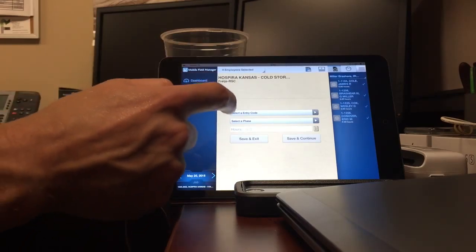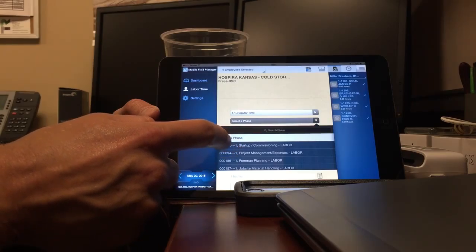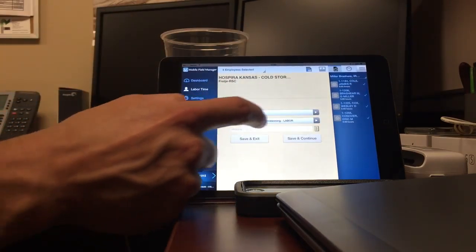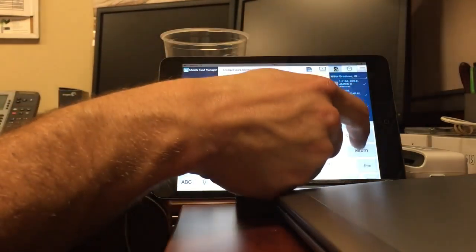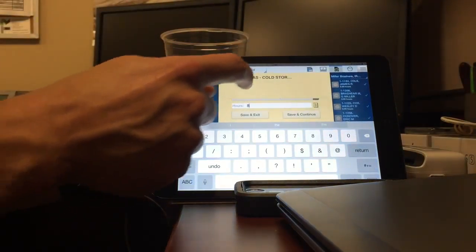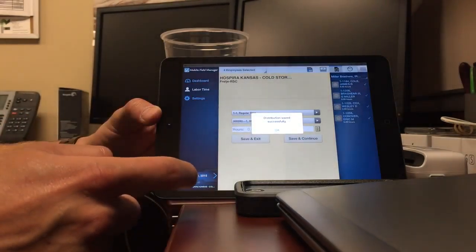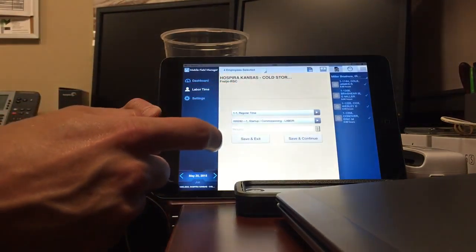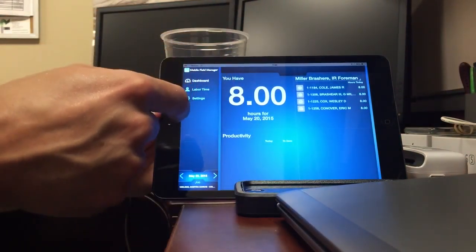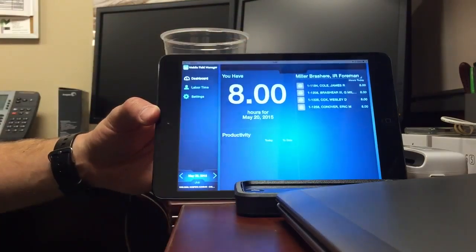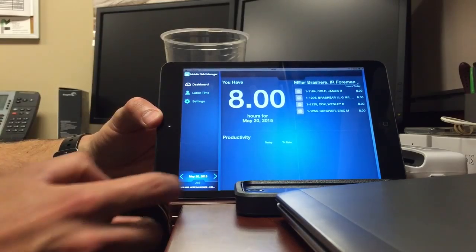So there's our job. We come through, we select the entry code, regular time, select the phase, and again, we'll do that one, and put the hours. We'll call it 8. Come out of it. Save and continue. Distribution saved successfully. Okay. So if we go back to the dashboard, you'll see that he has 8 hours, but then you can also see all the members of his foreman group or resource group, and they all have 8 hours for the day. If he changes the day,